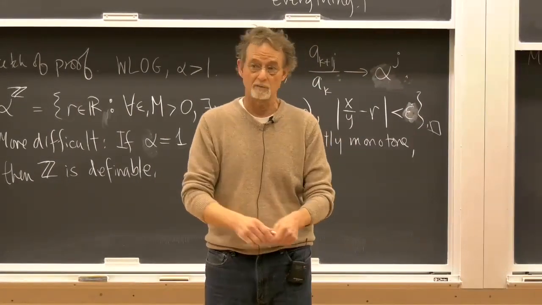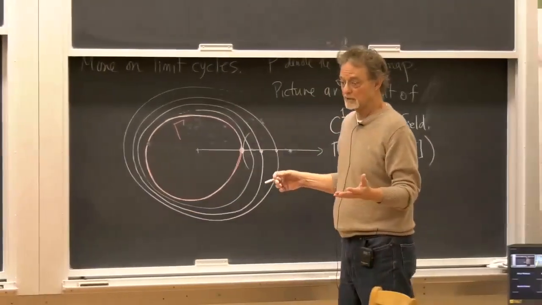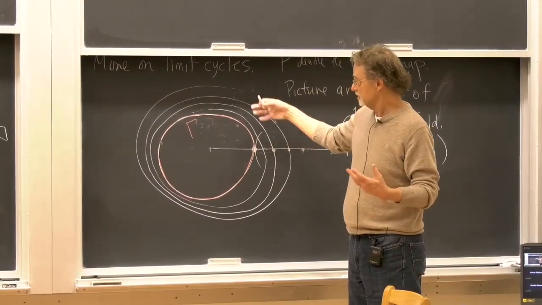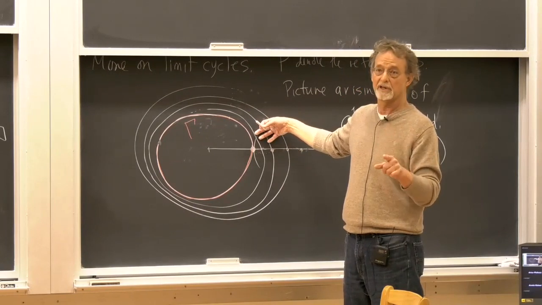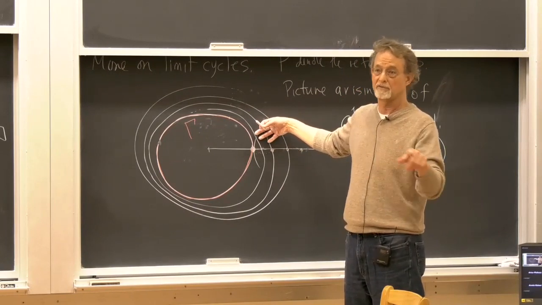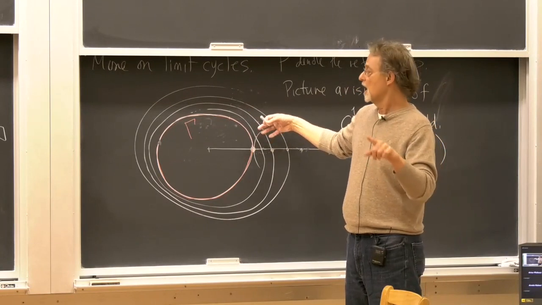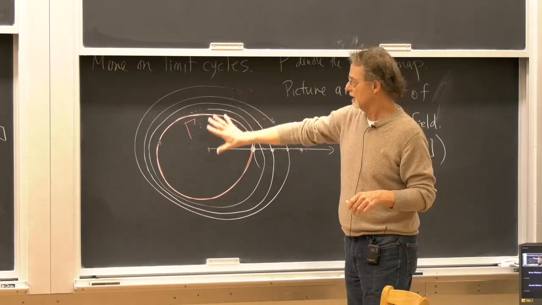So that's what we want. We want to be able to say that if I throw this spiraling object in and I don't define the integers, which is definitely possible because you have all kinds of other definable function sets running around, I want to find a way to straighten out this picture,